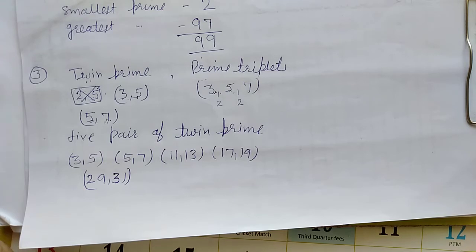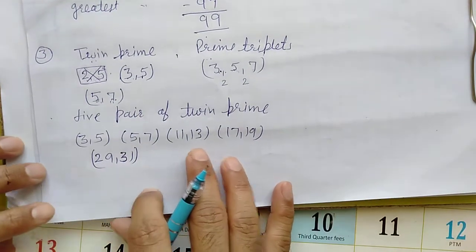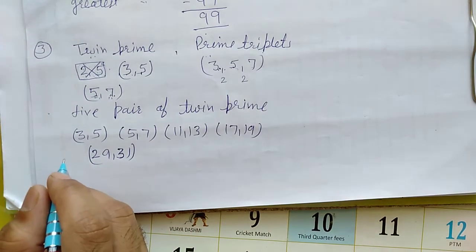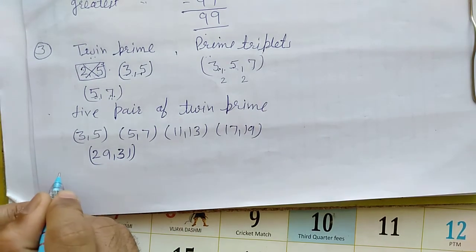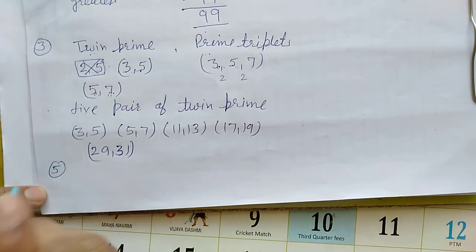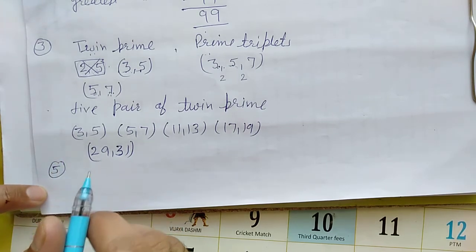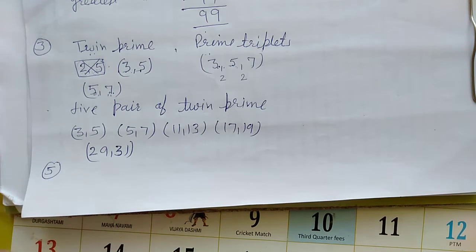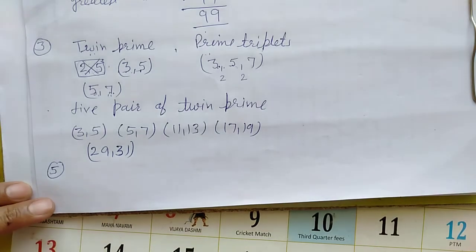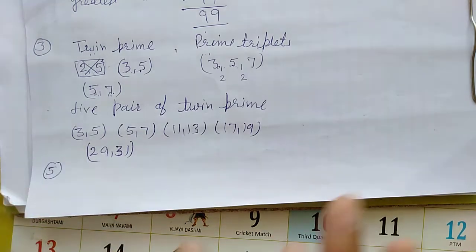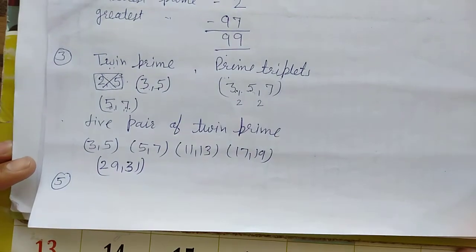Next question is number 6, not number 6, number 5, sorry. Number 5 is write all the composite number up to 100 having 6 at their unit place. This is also you should do. I'm telling how to do this one. Unit place, you know, ones, tens, hundred, thousands. Unit place means the first digit from the right hand side should be 6.